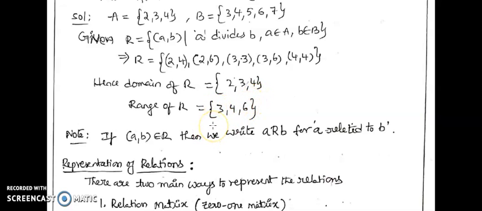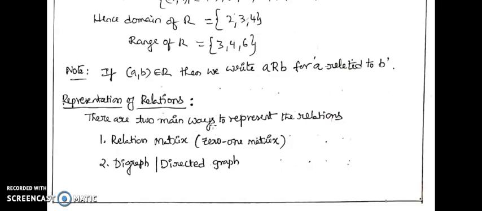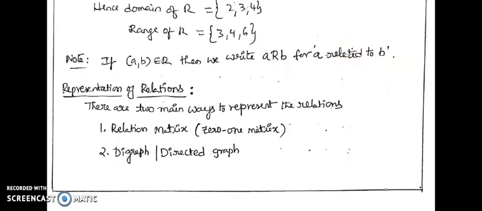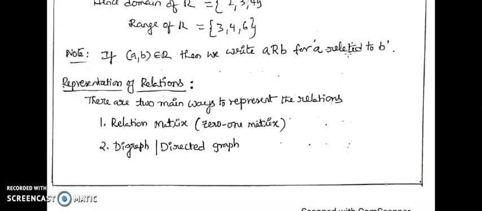Now let me introduce you to one of the notations of writing an element of the relation. Suppose (a, b) belongs to a relation R. This can be represented and written as a R b. In words we read it as a is related by the relation R to the element b. The same thing can also be read as a related to b. These are the two representations, or ways we read, for saying that (a, b) is an element of the relation.